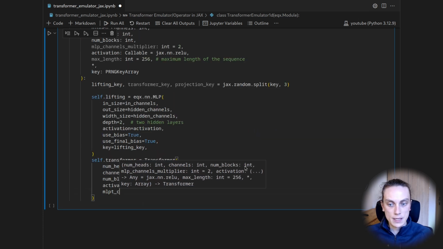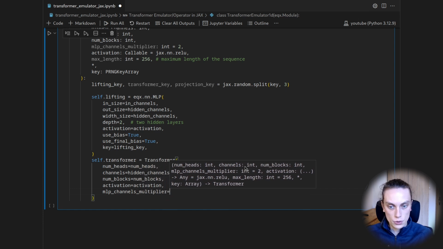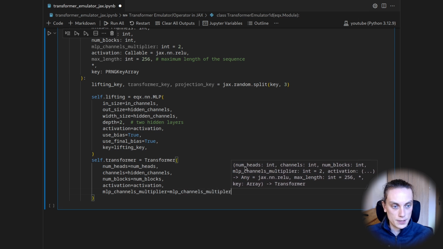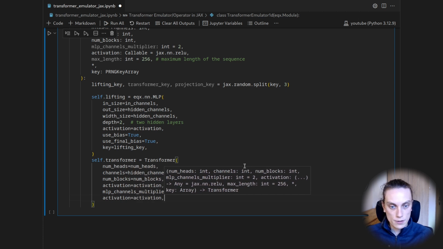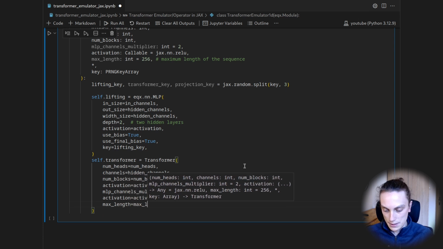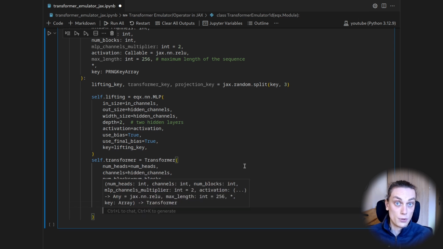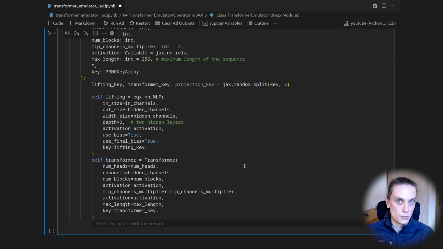Then we will set the MLP channels multiplier to the MLP channels multiplier. So this is just forwarding this. We will set the activation to the activation, and the max length is a bit tedious, this max length. And finally, we will need to provide the key. And as the key, we will just use the transformer key. We are only lacking the projection. So self.projection is